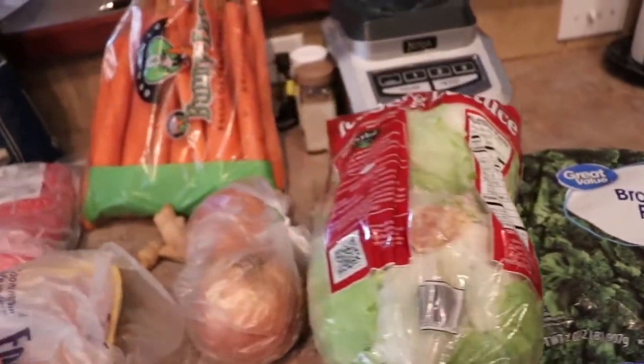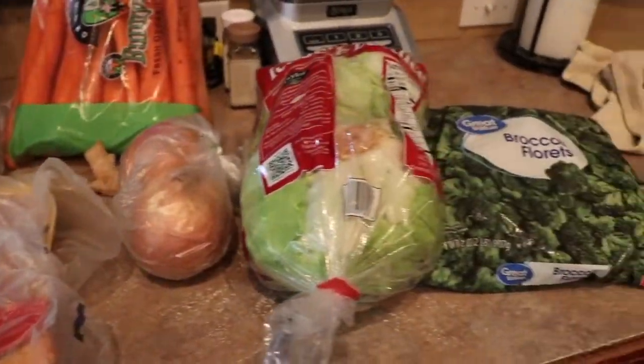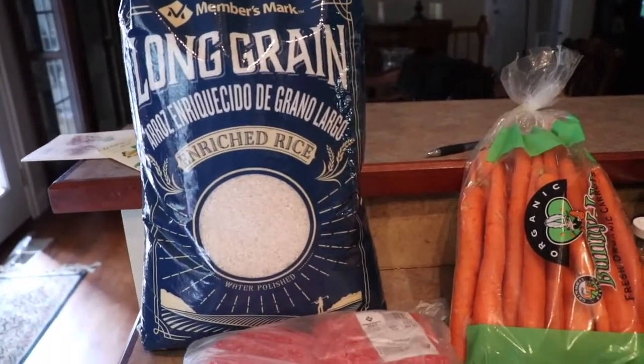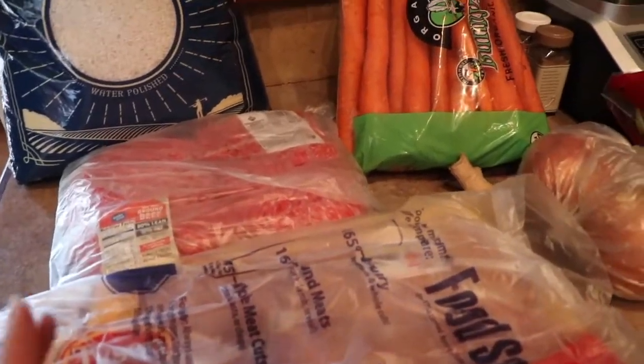Then after I've got everything settled on what we're going to be having, I make out the list. BJ goes to the store, gets the stuff, brings it home, and then I start prepping. And I'll show you exactly what I do now. So this is everything that we bought for meal prepping for this week. A lot of this will last us a lot longer than just 1 week. As you can see, we're not going to be eating 25 pounds of rice in 1 week. And the beef will last us about 2 weeks, and the chicken will also last us 2 weeks,